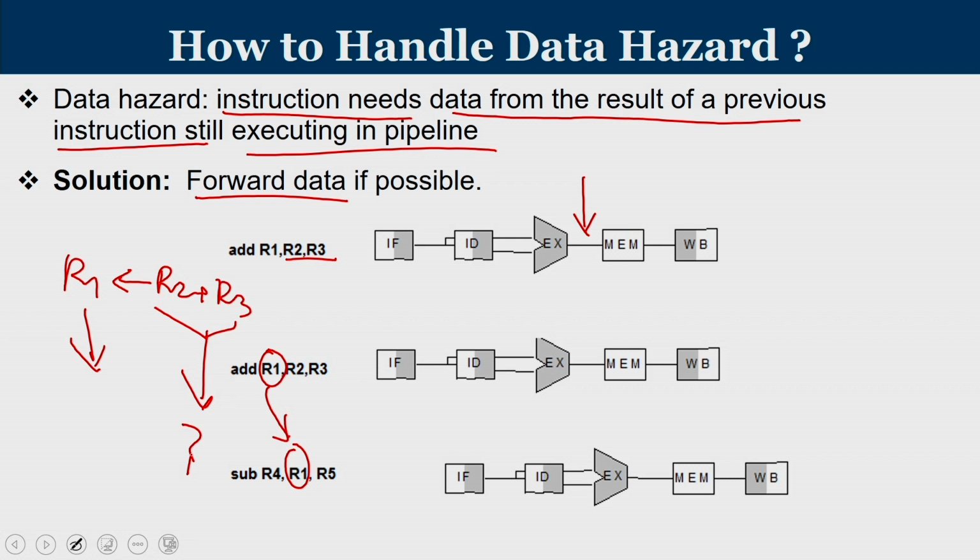It is possible if, from the point the result is obtained to the point where the result is needed, you can forward it from the output of the execution unit which will produce R2 plus R3 to the input of the execution unit which wants this R2 plus R3 for subsequent computations. Then that can actually solve the problem. So, the problem will be solved by having a forwarding mechanism from the execution unit.